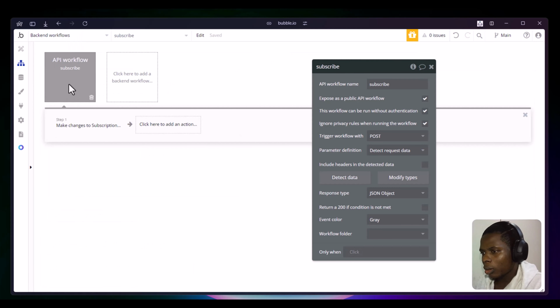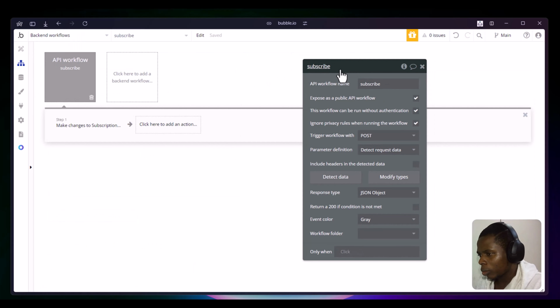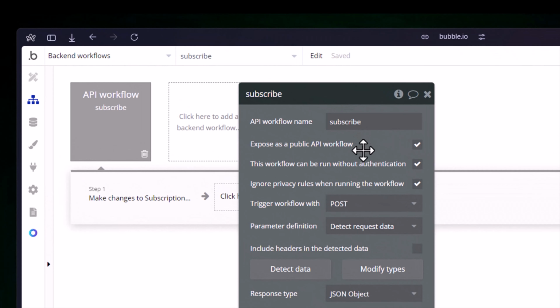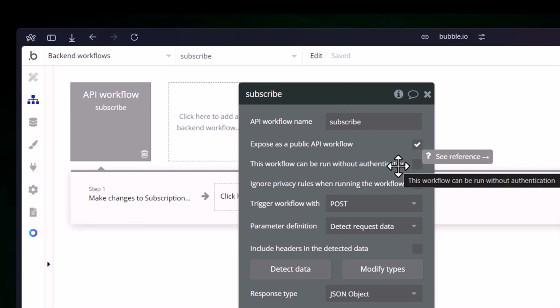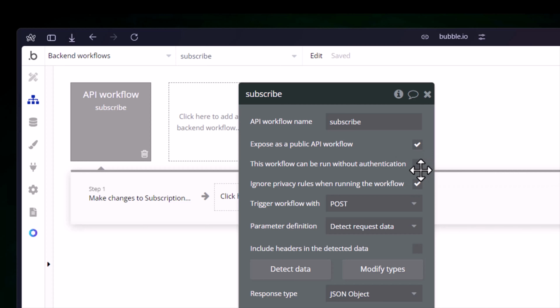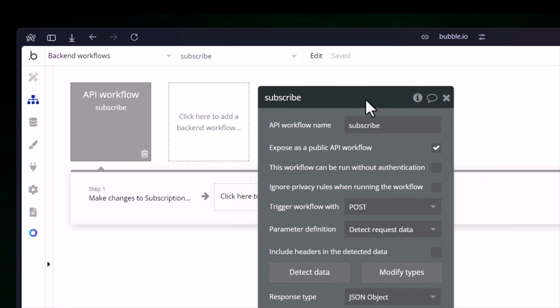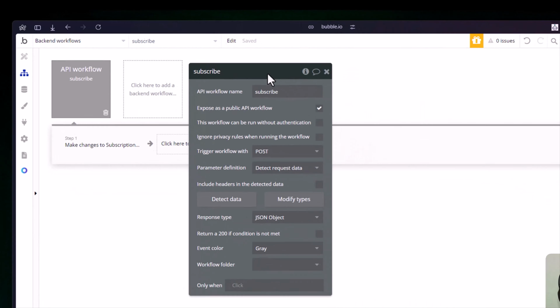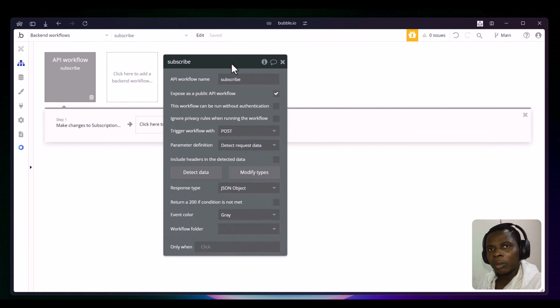Then back to Bubble, making changes to a few things on this setup here. Now right now uncheck this API can be run without authentication, because we want to make sure it is run with authentication. Okay, so we uncheck this, and then we also uncheck ignore privacy rule. Right, so what that will do now is,